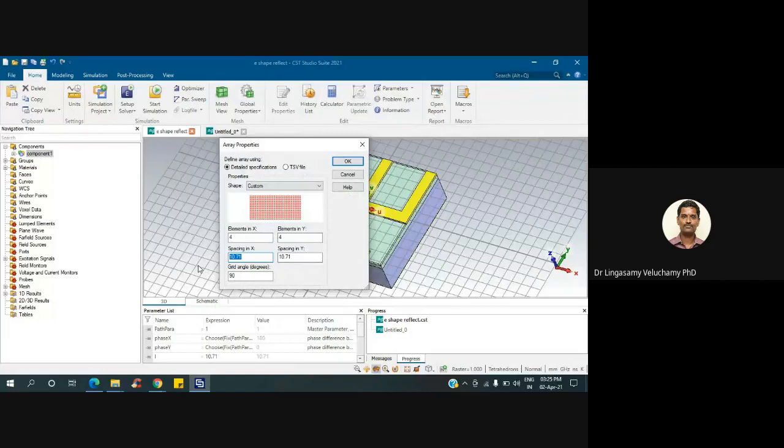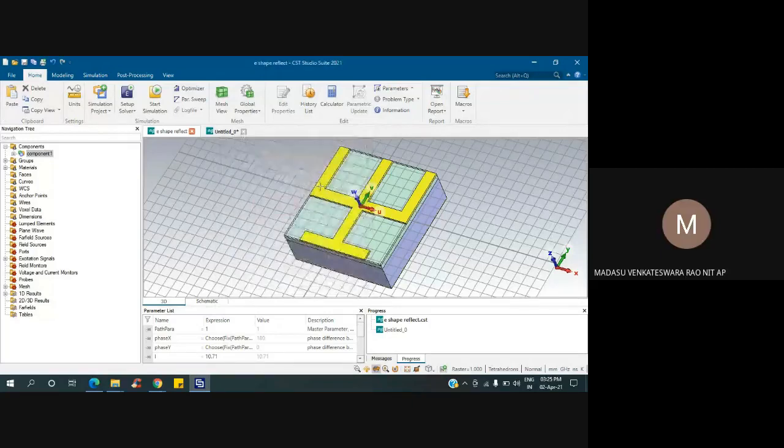The spacing is the same, but the unit cell size I am saying about is this normal shape. This size will not be exactly lambda by 2. It will be 5.1, 5.2, 8.1, 7.1 like that. It will vary, so it will never overlap. So for the unit cell size only, we have to give repeat.